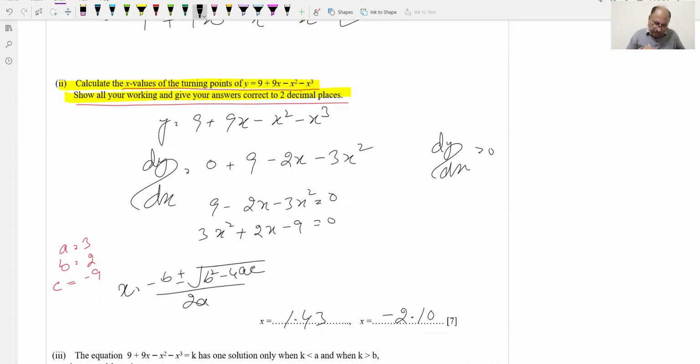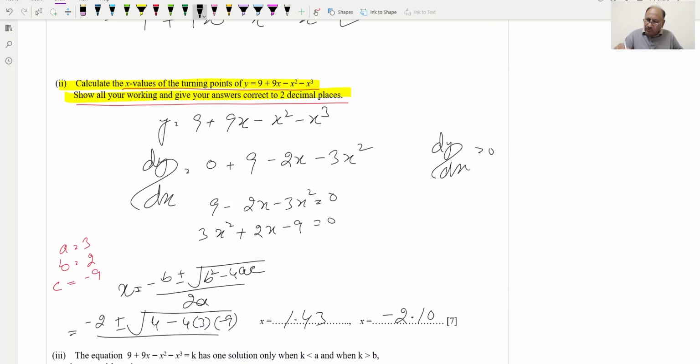This will be equal to minus 2 plus or minus the square root of 2 squared minus 4 into 3 into minus 9, over 2 into 3, and that's all. After this you can calculate for the plus value, so you can write x1 is equal to 1.43 and x2 is equal to